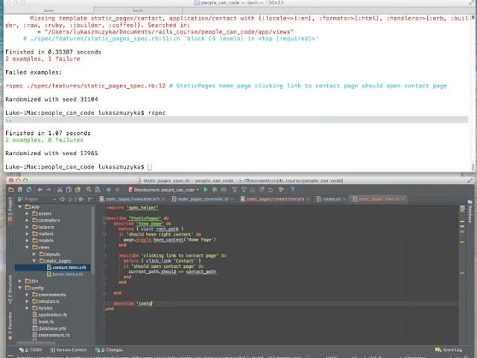Contact page do. And here, before we want to visit, actually there are a couple of things we want to do. So instead of before and curly braces, we will create another block. So before do, and remember when you have do, you always have to put an end to it. Okay. So before, we want to visit contact path. And you see we can put many elements inside of one block. We can have multiple lines. So I want to go to contact path, and we want to click link